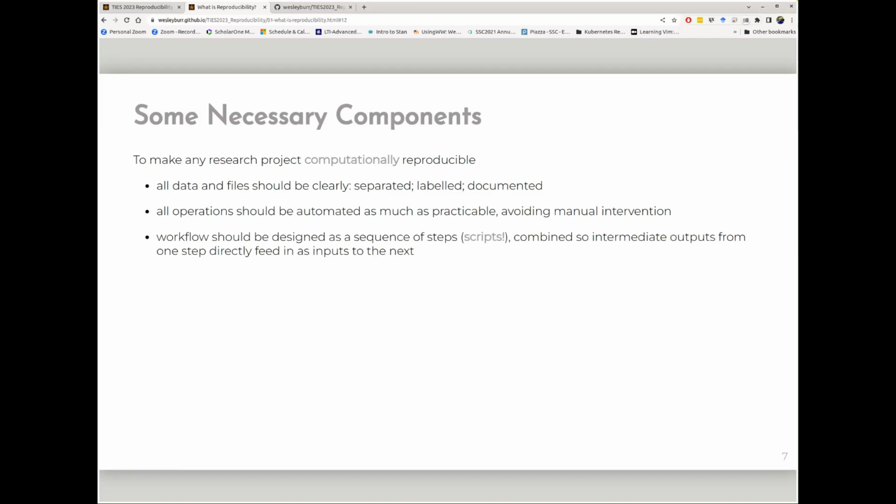The workflow. This is what in the bioinformatics literature we call a pipeline. The pipeline, or the workflow, is a sequence of steps, scripts, combined so that when a script runs, it produces an intermediate output, and then that intermediate output is read in by the next script, and it continues. What this allows you to do is theoretically run that set of scripts and rebuild your entire data analysis from raw data to polished, cleaned, organized, outlier-removed data, to initial models, to final models, to diagnostics, to plots that go in the paper. All of that, one press of a button. If you can't do that, it's not fully computationally reproducible. And that's what we want.